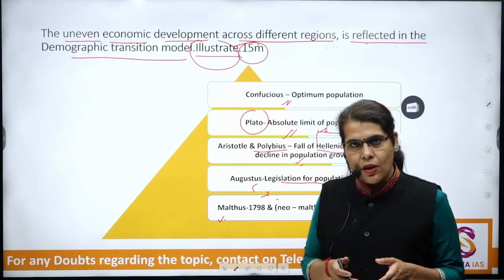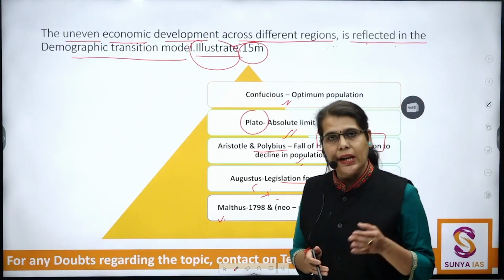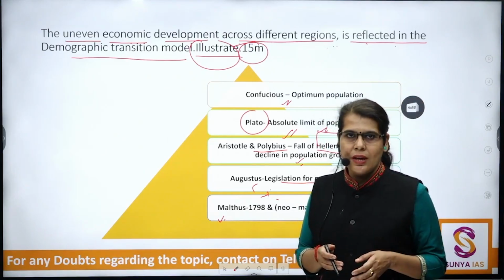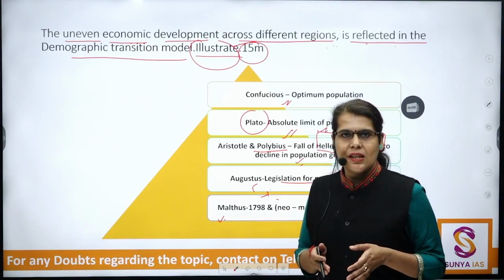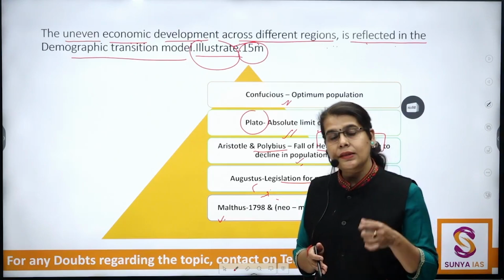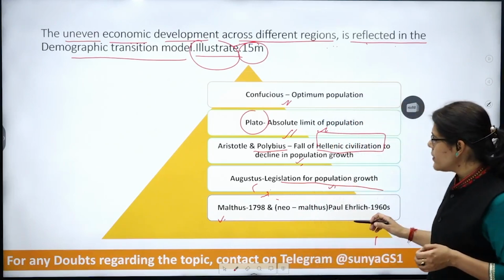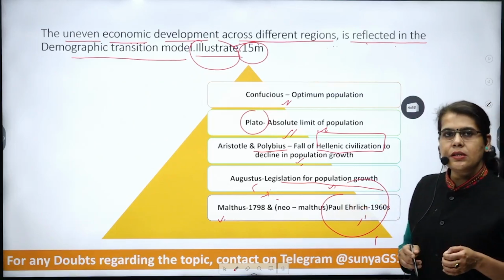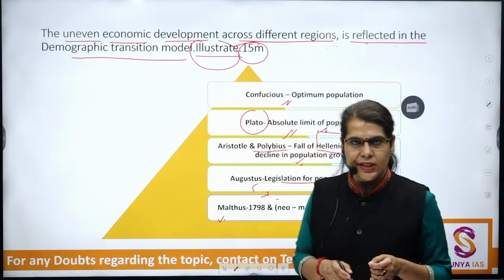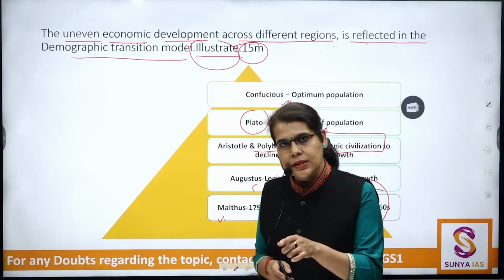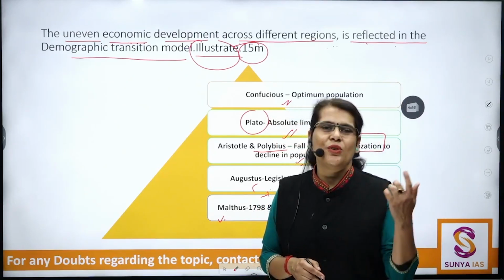So Malthus holds what we can call a pessimistic viewpoint: population growth has its upper limits. Why? Because we have limited subsistence in the form of food resources. And this idea was taken up by the neo-Malthusians, for example Paul Ehrlich in his work The Population Bomb, and some other works like Limits to Growth. These works talk about the implications of population growth in a negative connotation.